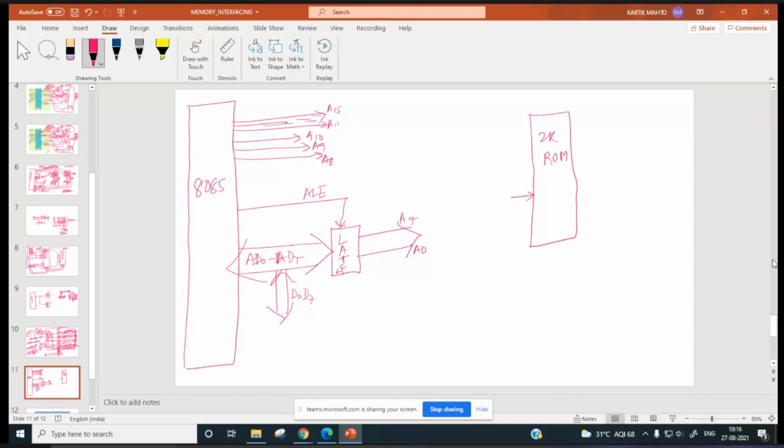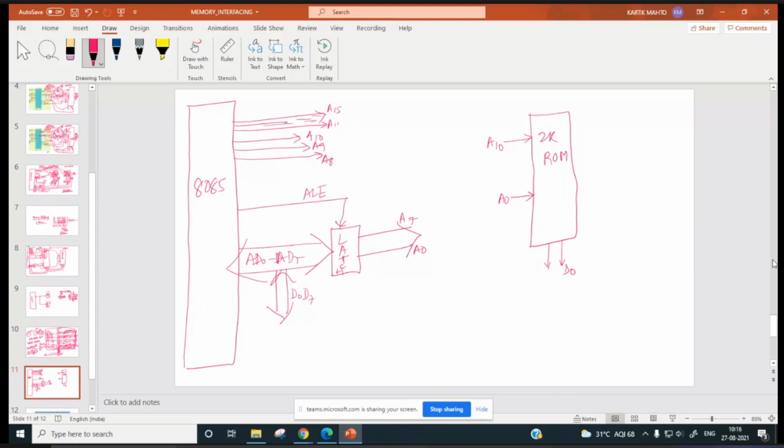11, sir. A0 to A10. How many data pins will be there? Sir, 8 data pins. D0 to D7.